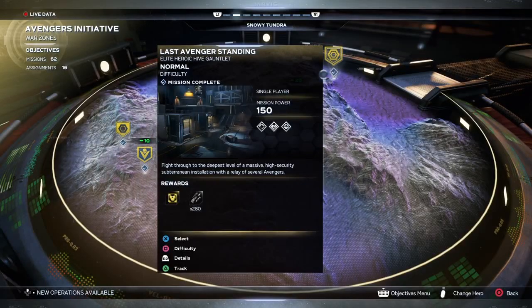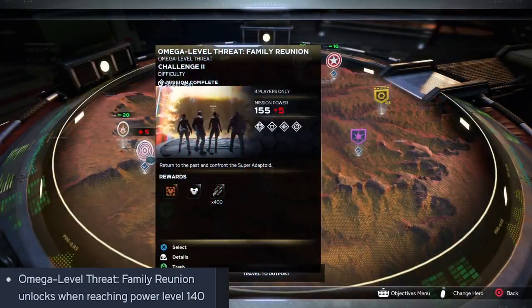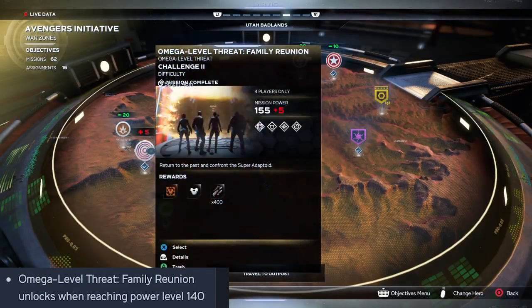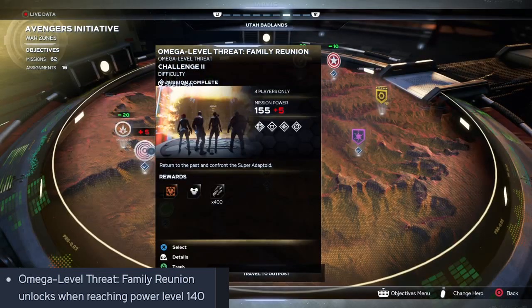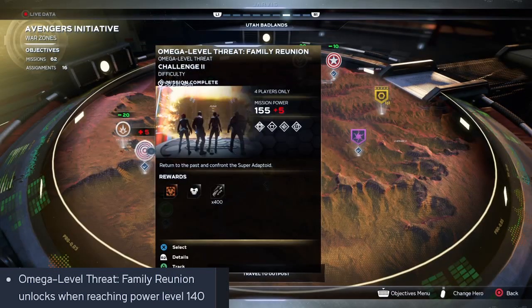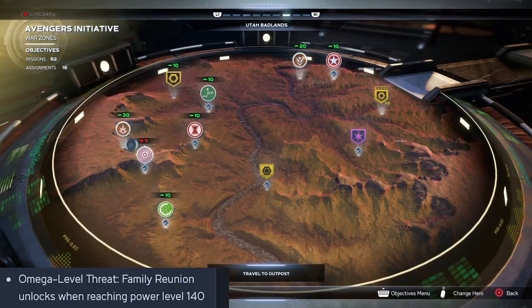Anyways, we also have the Omega level threats, the other popular way of getting above power level 150. Apparently that's unlocking when you reach power level 140. And what? That makes no sense at all. Either way, it's kind of like a step forward and a step back at the same time, because think about it, I don't know exactly when people get access to this mission,